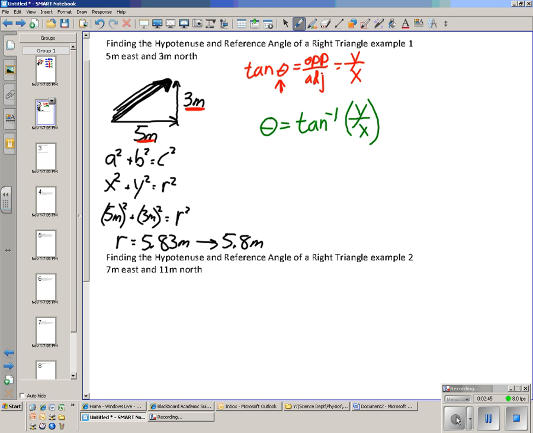by x. If we tap that into our calculator, most people have the TI style, so that would be second tan, and it would come out looking like this, second tan. And then we would tap in our numbers, 3 divided by 5, so that's y divided by x. You can close parentheses, you don't have to. And then theta equals